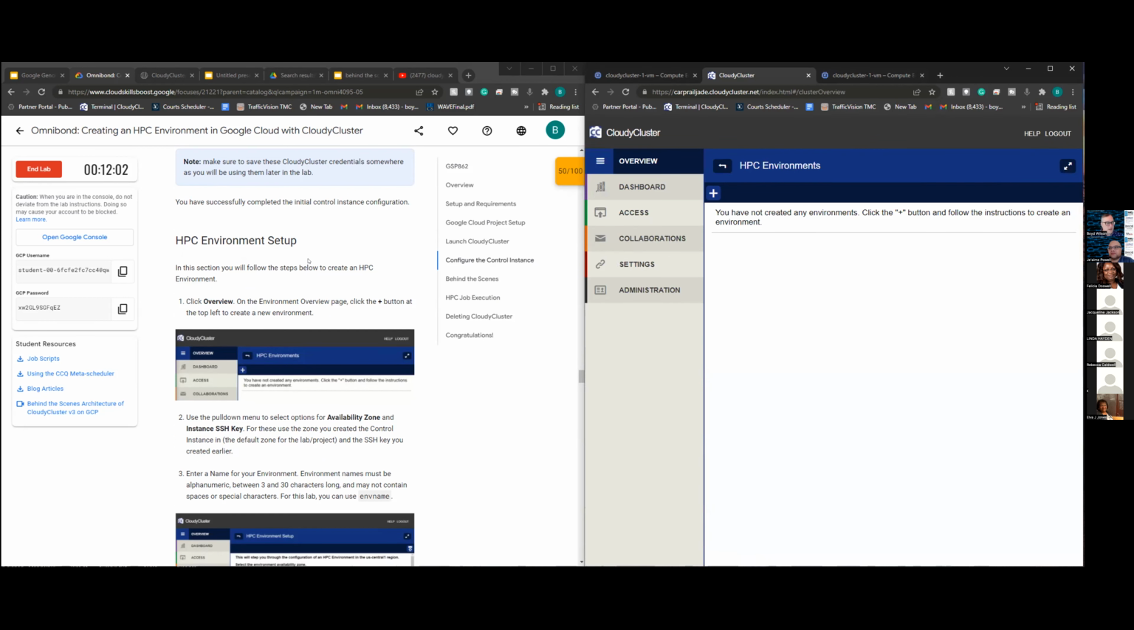Now what we're going to do is set up, what we did so far is set up Google Cloud, set up the CloudyCluster control node, which is really the UI and everything that lets you do everything else, add users and do those types of things. And now we're going to create the HPC environment